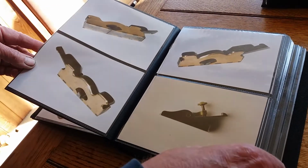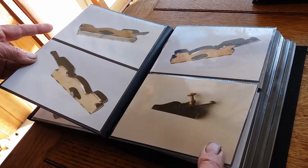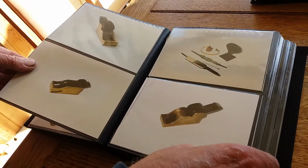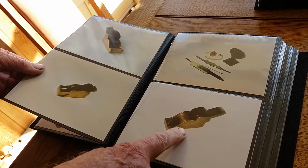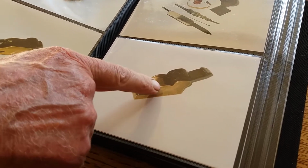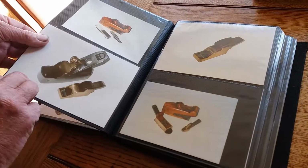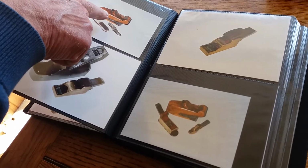Very rare Spears skew-mouthed shoulder plane, dovetail, brass and steel. There's not many of those about, two or three I believe. Sarah's penknife. A very rare Spears chariot plane, making it very rare because it had a fixed bridge, not a lever cap and screw. There's that plane I mentioned in the other video, the original,